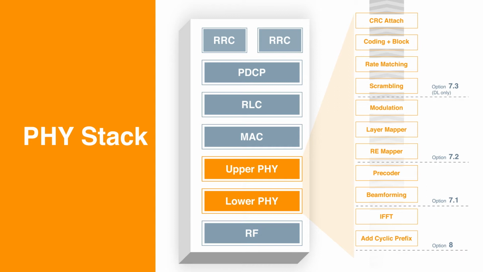For MU allocations, the entire PHY stack is replicated for each of the users and hence results in very intensive processing. For the case of a 100 MHz bandwidth system of sub-6 with subcarrier spacing of 30 kHz and a high modulation coding of 256 QAM with a code rate of 0.93, the TB size for a slot of 0.5 milliseconds is about 1.2 million bits. This is split into code blocks of size 8448 bits, and there may be up to 144 such code blocks. That's a lot of code blocks.